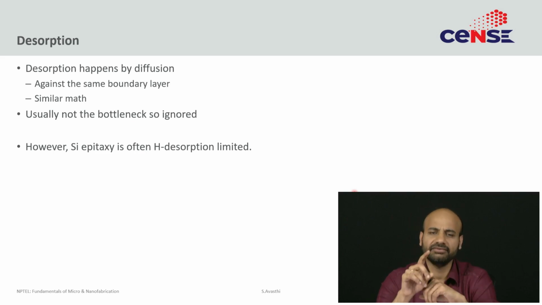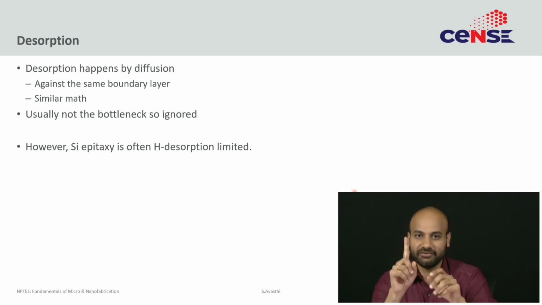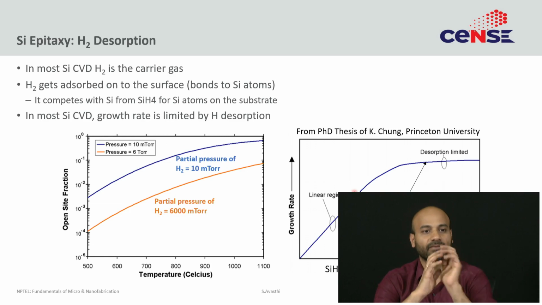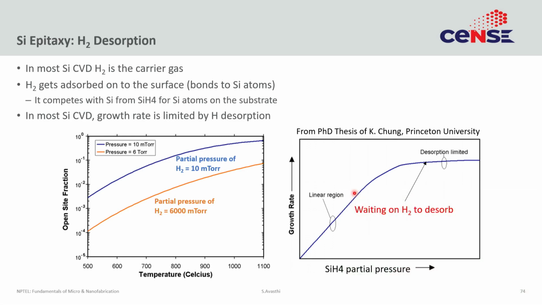However, there is a very, very important aspect of silicon epitaxy that you can only understand if you understand hydrogen desorption. So, let us have one slide on that. So what happens in silicon when you are using hydrides? A lot of silicon epitaxy happens through hydrides. So silane, dichlorosilane, which has 2 hydrogen, silane, which has 4 hydrogen, or disilane, which has 6 hydrogen. So a lot of hydrogen in these reducing type chemical reactions.